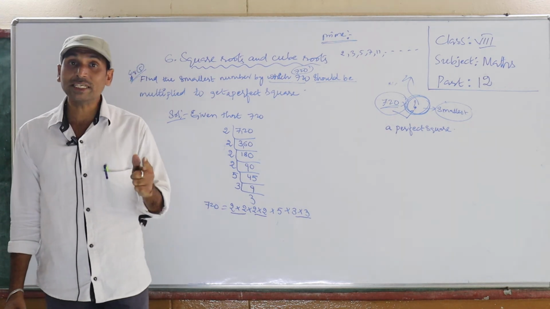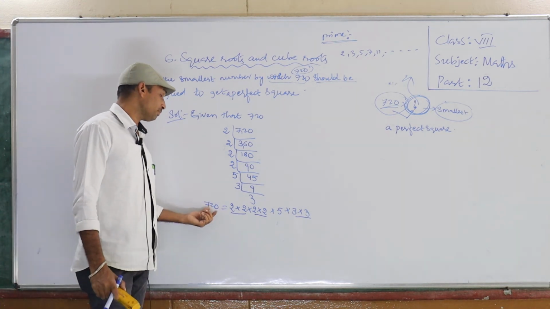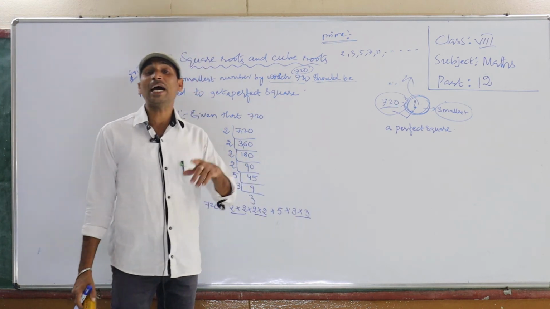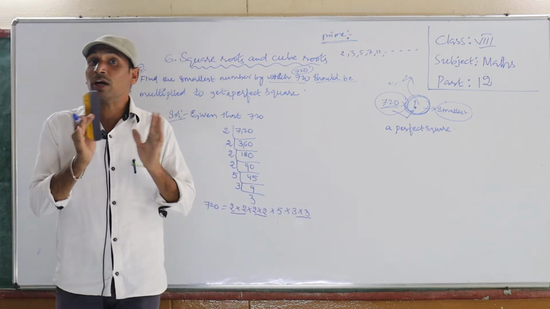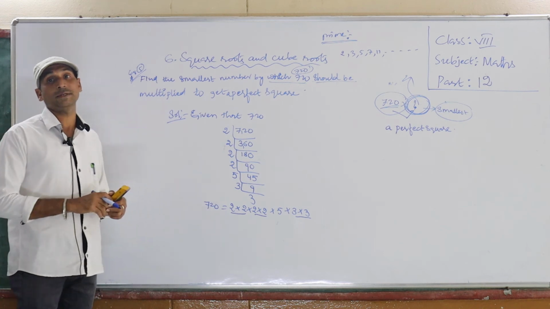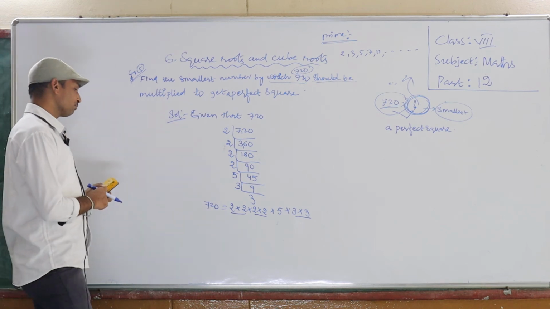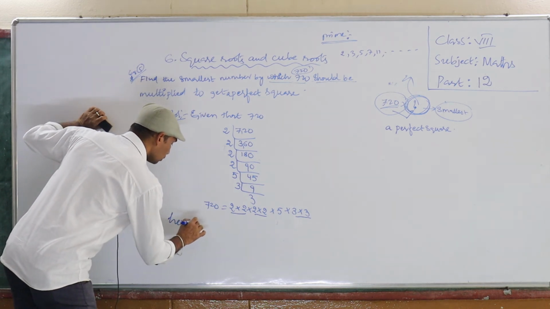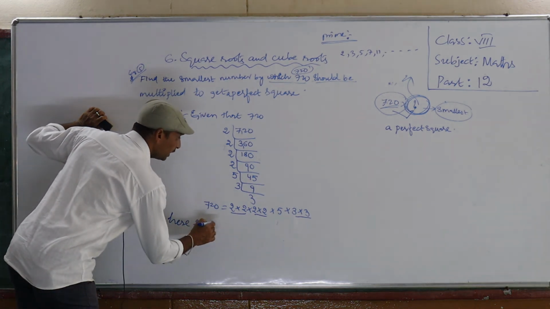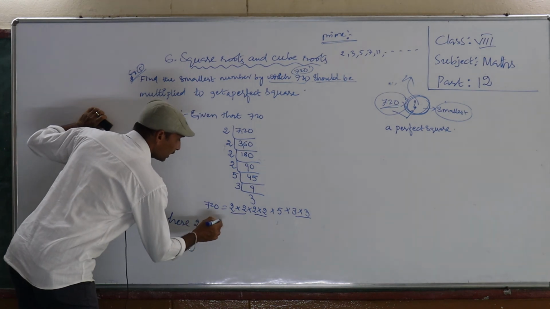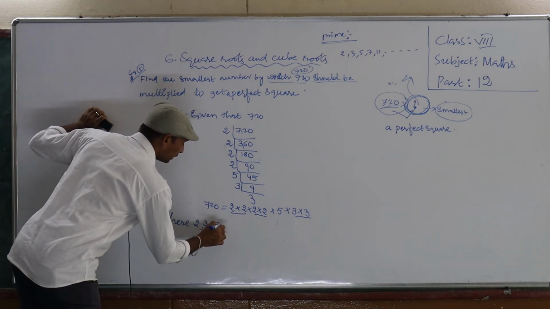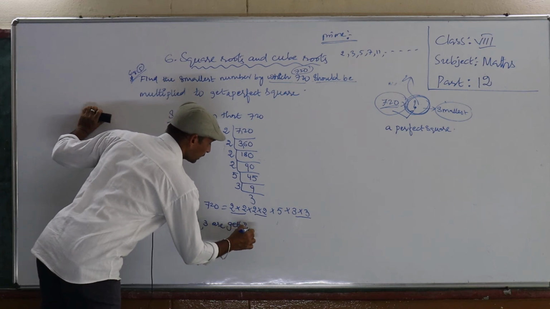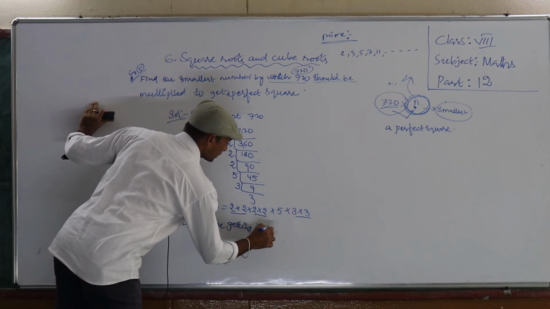We have to multiply the given number with one more 5. So when we are multiplying, we should multiply on both sides. So here 2s and 3s are getting pairs,